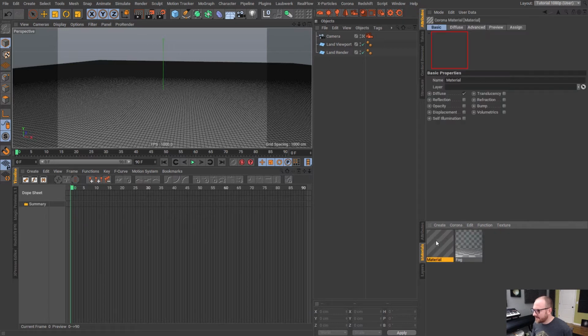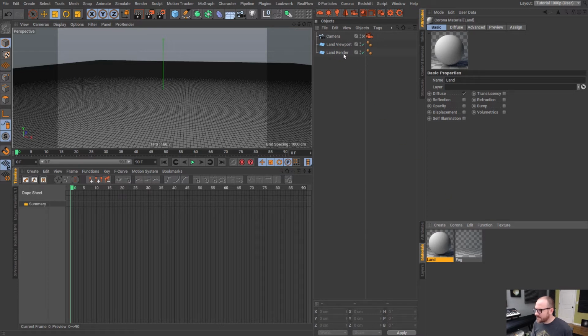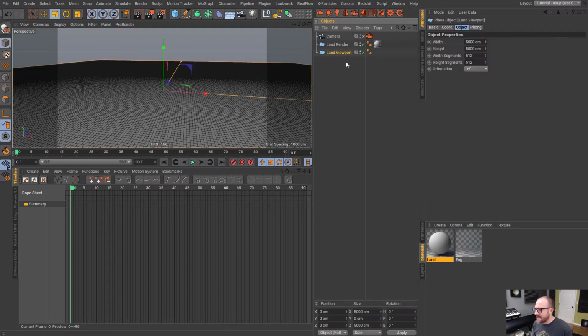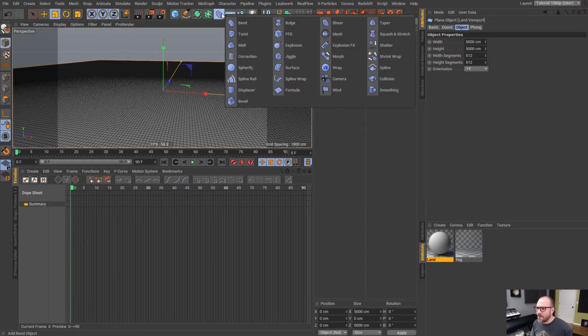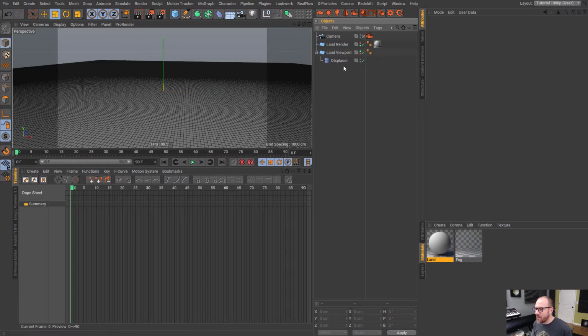So I'm going to go ahead and create a new Corona material. We'll call this land as well. And I'm going to throw this guy onto my render layer. And I'm going to enable this at render time, and let's hide it in the viewport. And I'm going to do the opposite here and disable this guy at render time. Now we're going to bring in a good old displacer deformer. We're going to place that as a child of the viewport